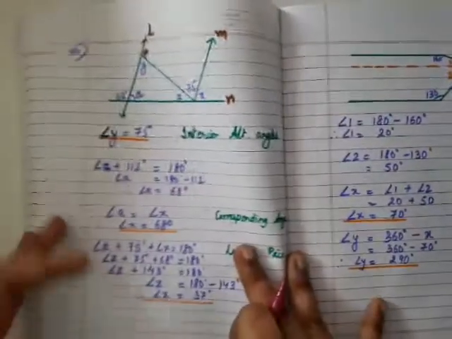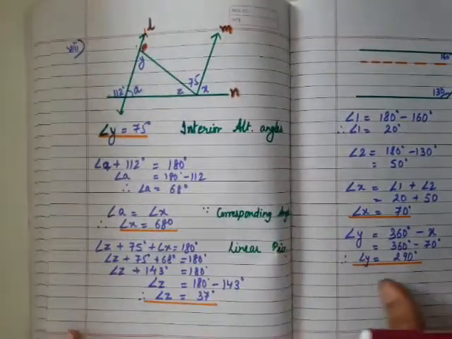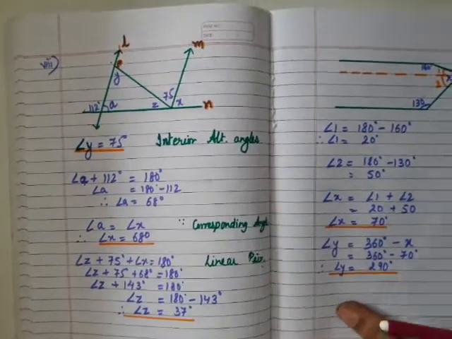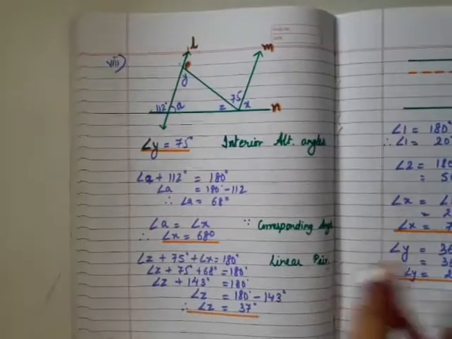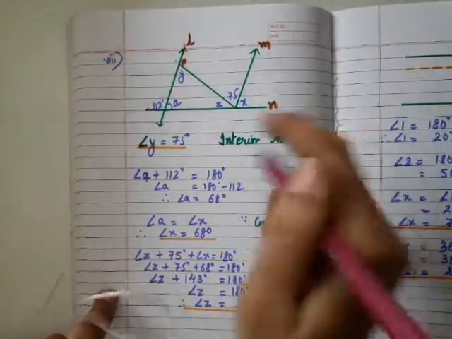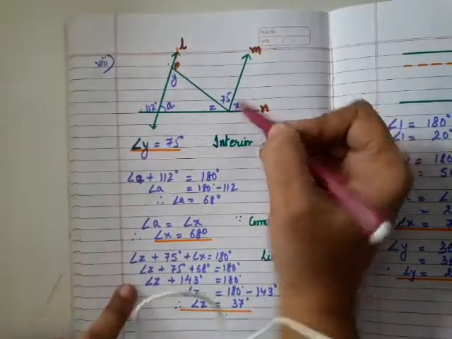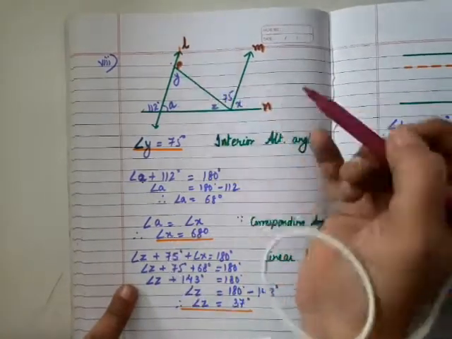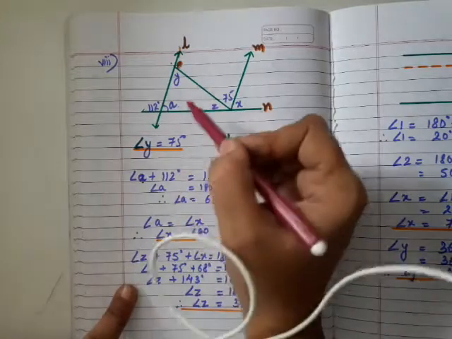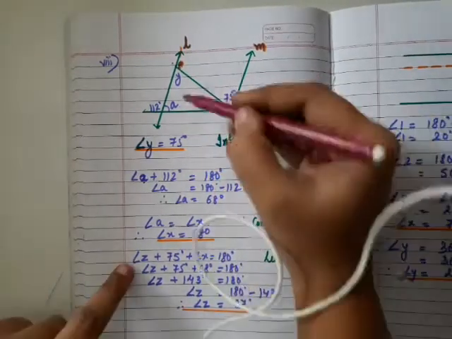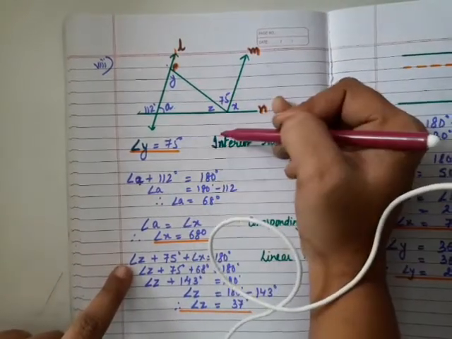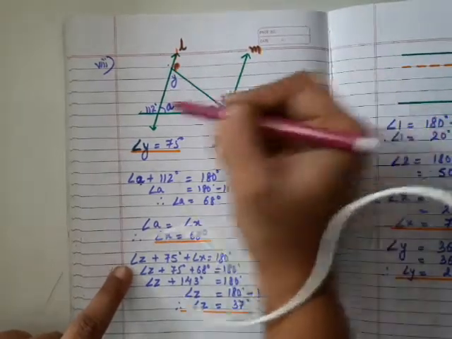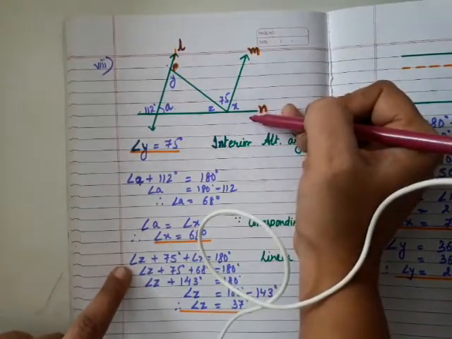Next one, the seventh part of it, sorry, the eighth part of it, finding out the unknown angles. The value is given to you. L, M, N are parallel lines and there is another line, and I have given the name P to this. Okay, the measurements are given. Now you are supposed to find out the value of it. Now only these L, M, N are parallel. It is cut by a transversal. This is also a transversal. This is also a transversal.